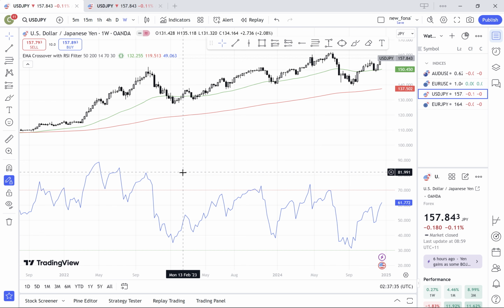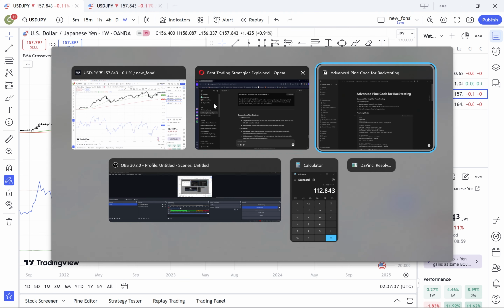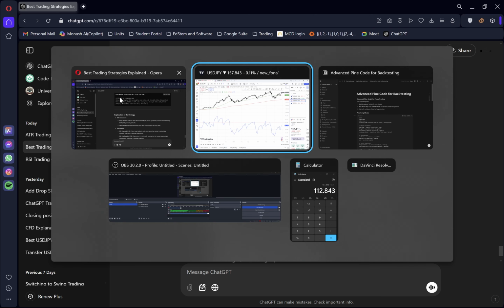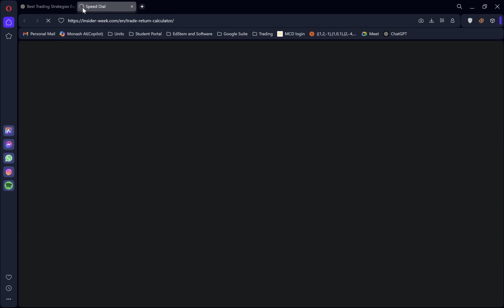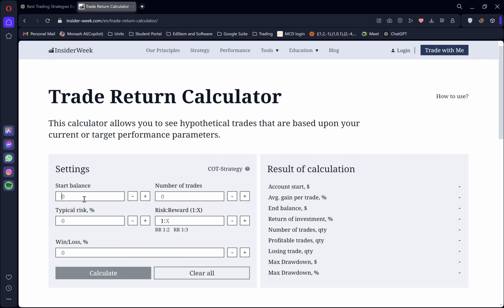I'm going to go into the trade return calculator, and let's say I'm only starting off with 100, and I'm going to do about 10 trades a day, which is going to be 50 trades per 5 days, and my risk percentage is going to be 5, and my risk reward ratio, for each and every trade, let's just say we're doing 1:3, and we win 50% of the trades. That's going to give us